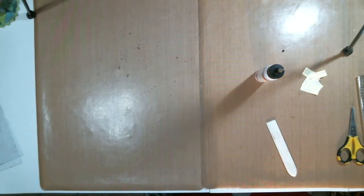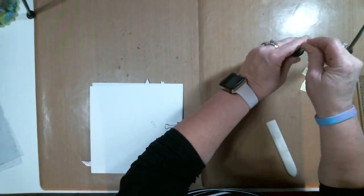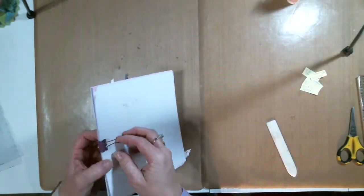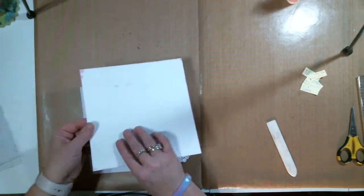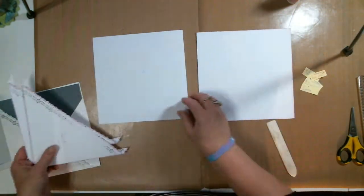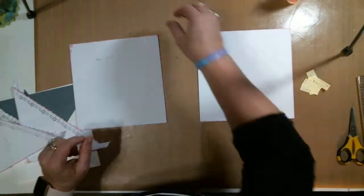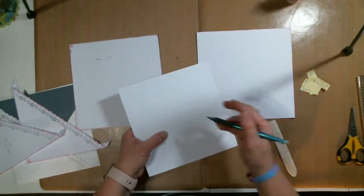We're going to move right along to page 2 and 3. You're like, what, Benita, why are you doing page 2 and 3 at the same time? Well, page 2 and 3 are exactly the same. They're just mirror images, and we are going to create them exactly the same time. So again, we have our base page for each one of them. Oops, you know what? Make sure that you guys put page 1 on the back of your,